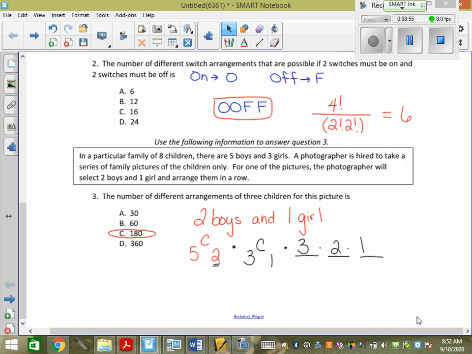Oh, I circled it. It could be that. I don't know. Options. Okay. Those are 2 of the hardest ones on there, so I just kind of wanted to hit them up. Maybe let you see them. Okay? Because people usually do them half right, but not fully right. Most people do this and this and then forget to arrange them. Or they make them all P's. Which you can't, because then you would just be arranging the boys and the girl, right? You'd still have to deal with how you'd move them around. Okay?